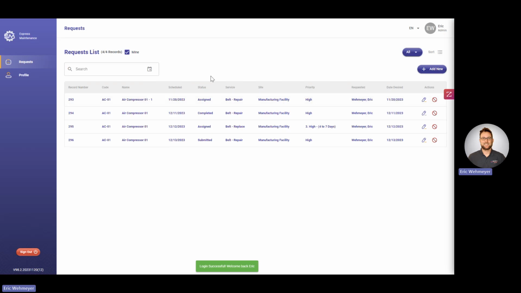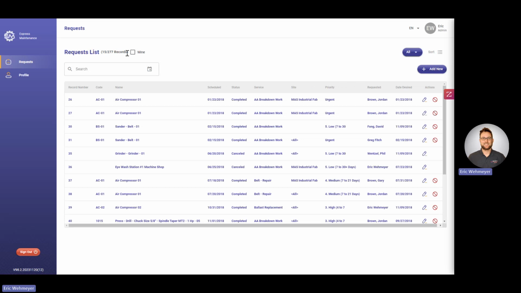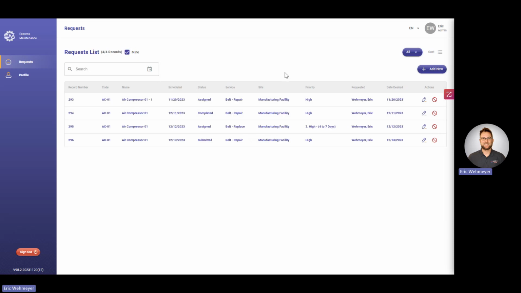And then it starts out just showing you the requests that you have submitted personally. Now I can uncheck this, and if I have permissions as a requester, I can see other requesters' requests. But starting out, we'll just look at mine. So here's the requests that I have submitted, and I can view these based on where they are at in